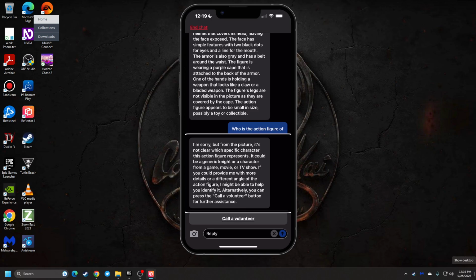So if you want to get a description, maybe you get some collectibles. Maybe you get a poster when you buy a game. Or, I don't know, you want to take a picture of another picture, and you want to have what's described in that image. So it's like, you're trying to sort your images, and maybe you want to see, this is the family picture when we were at a certain vacation destination or something. So, just use your imagination. There's all kinds of ways that you can recognize objects,